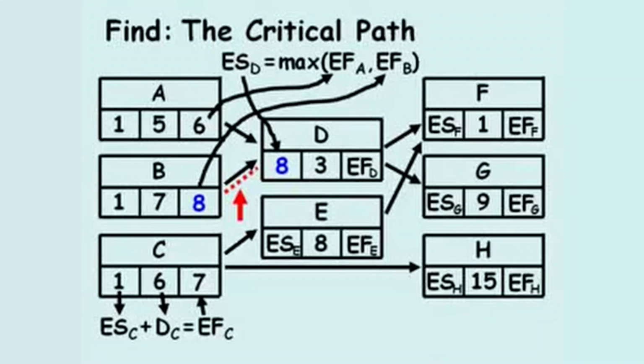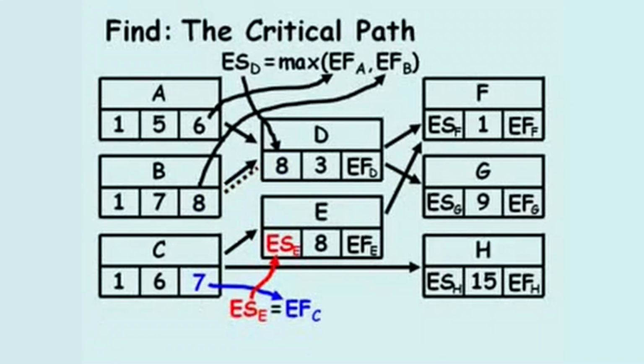The early start of activity E equals the early finish of activity C, which is 7. And, as before, since the 7 came from activity C, we'll add a dotted line beside